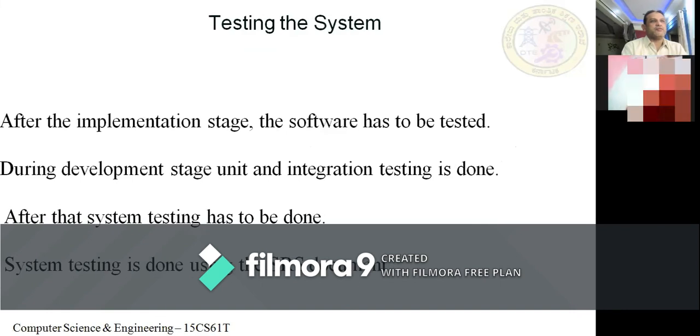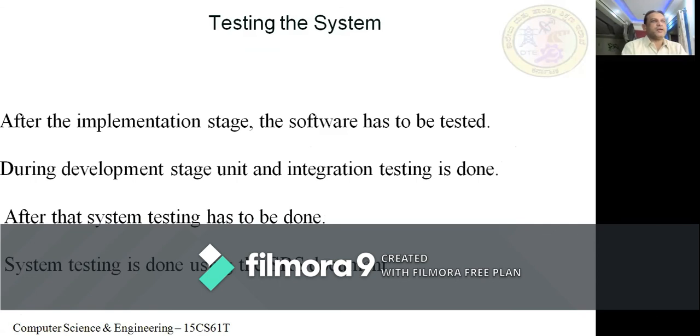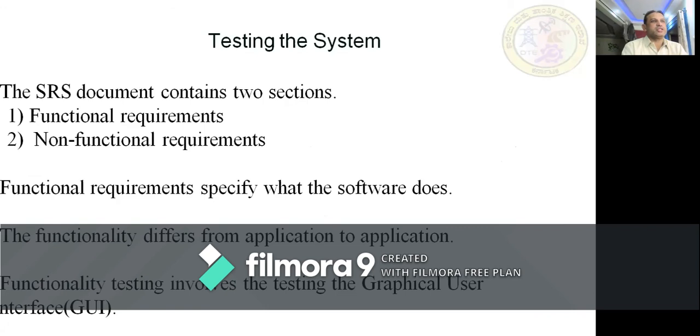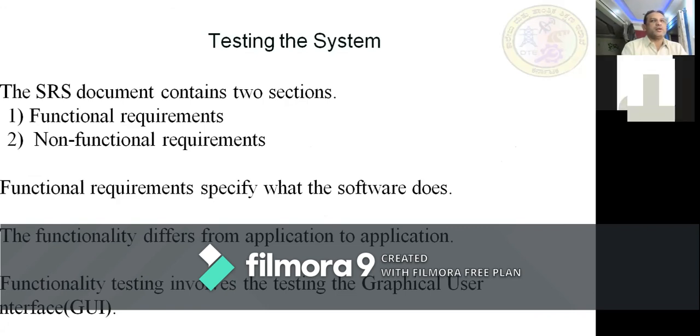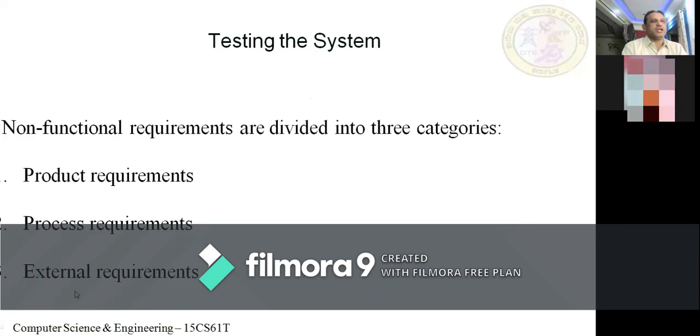testing the system after the implementation stage, the software has to be tested during development. At this stage, unit and integration testing is done. After that, system testing has to be done, using the SRS document. The SRS document contains two sections: functional requirements and non-functional requirements. For functional requirements, we test what the software does, and we also test the graphical user interface.